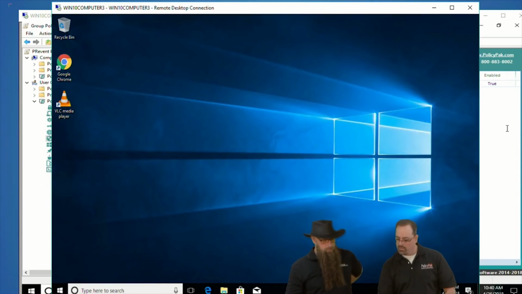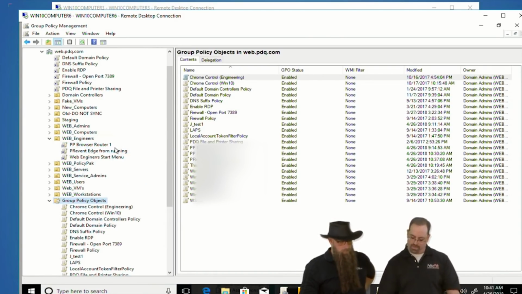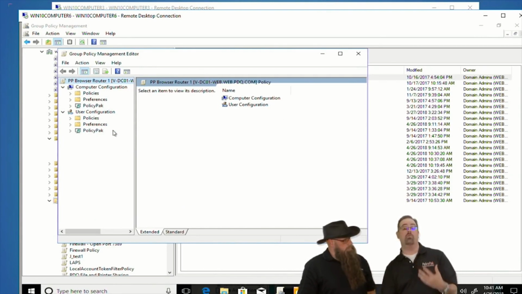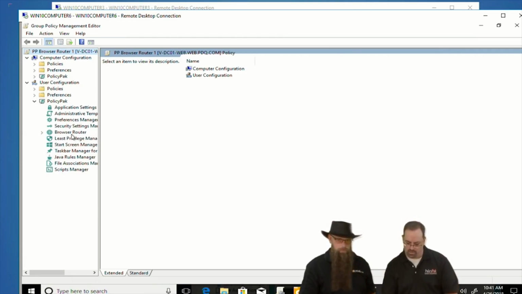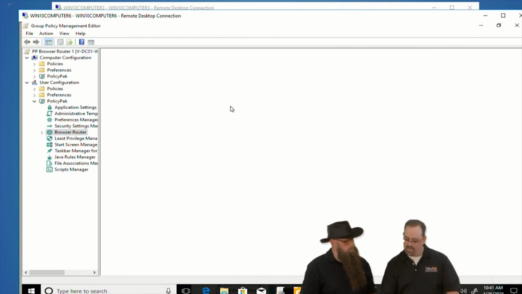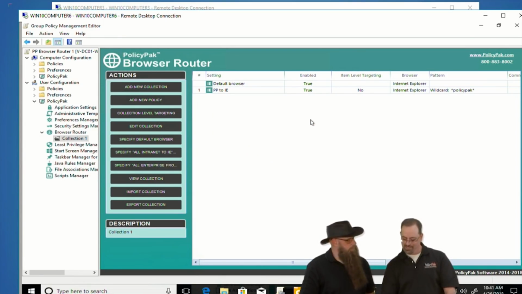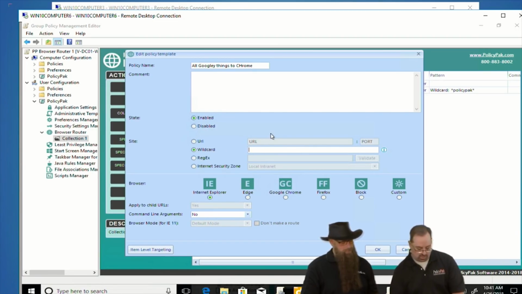Now I've got a GPO already ready to rock here for this particular idea, which is Browser Router. So Browser Router is another PolicyPak feature that, exactly right, we're trapping the URLs that you want and then routing you to the right browser at the right time. So if we were to go to user side, again PolicyPak, and you can do this on computers too, I just happen to be doing it on user side. Browser Router, okay, and I've already got a rule set up. I wasn't sure how we were going to do this, so I set it to go to Internet Explorer, but I'm going to do the opposite for you. I'm going to make a new policy here that says, anytime you go to Google, all googly things to Chrome, all right? So I'll go wildcard star Google star,